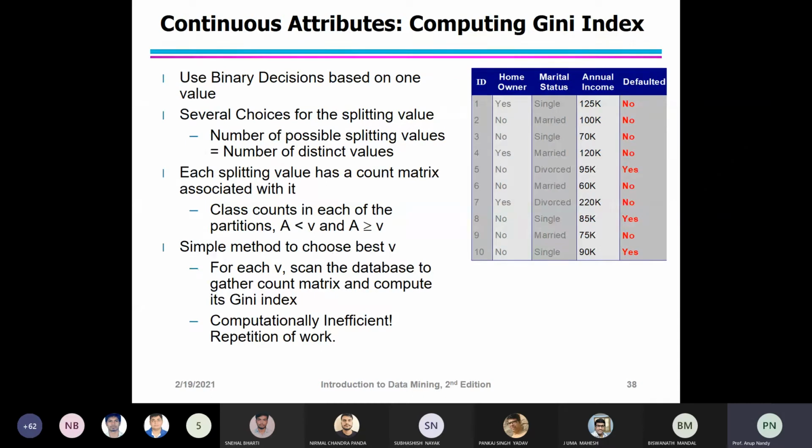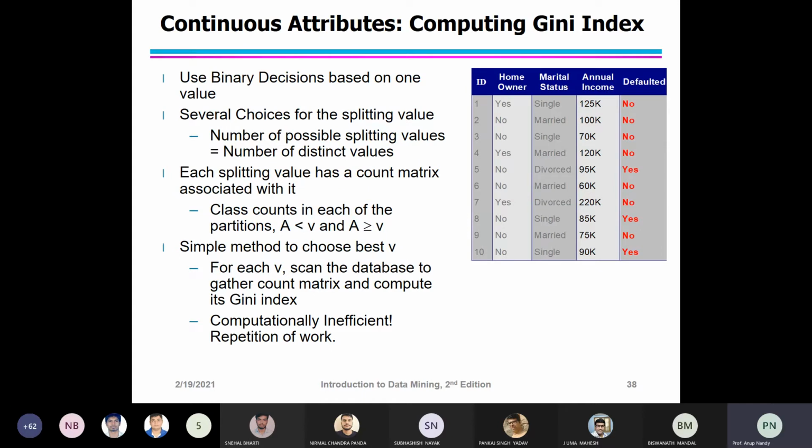Now see the continuous attributes. How do you compute it? Just look at the table first. There is ID, homeowner, marital status, annual income, and defaulted borrower. This is a loan borrower, and the question is whether the person is a defaulted borrower or not.